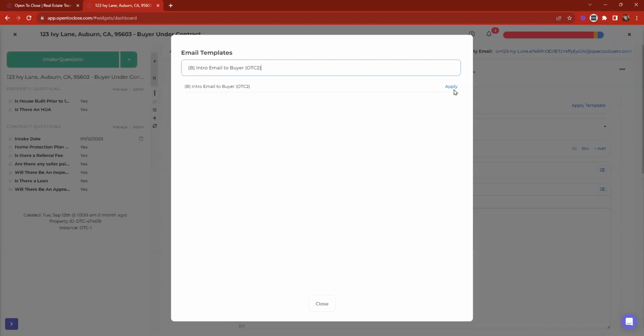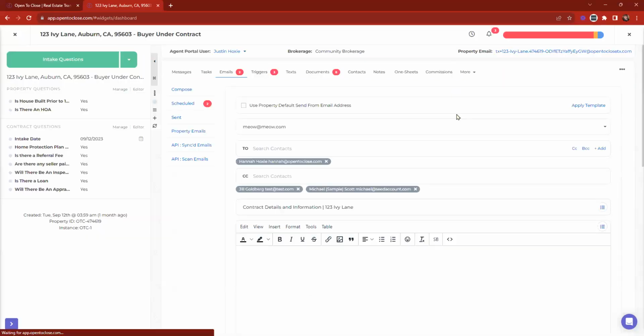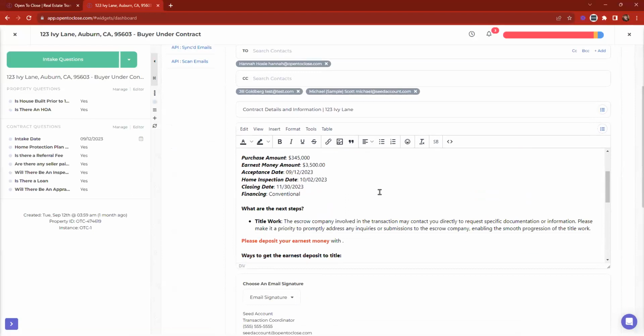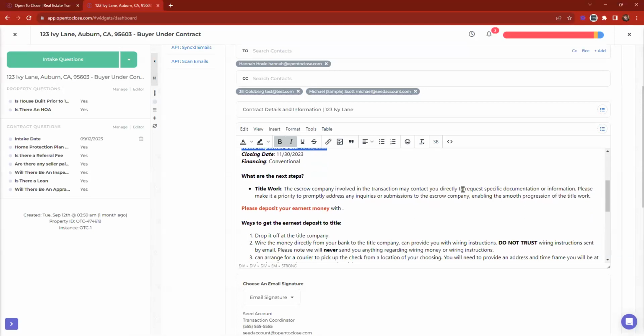And then we're going to say apply. Once we apply it, if we scroll down, we can see here that home inspection date came in like this. So this is an example of a regular smart block that comes on and it's going to place itself here. Now, another example, the inline one, let's say, title work. The escrow company involved in the transaction may contact you